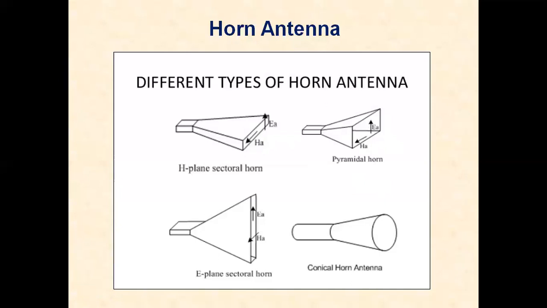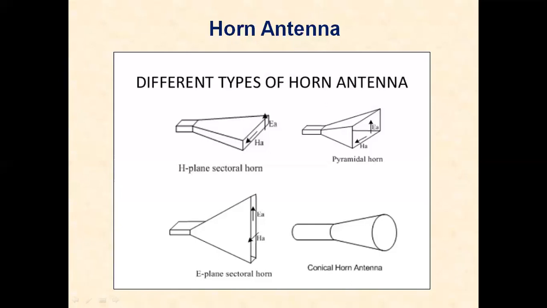The shape of the radiated field depends on the flare angle of the horn. The pyramidal horn and the conical horn give a pencil-like beam that has pronounced directivity in both vertical and horizontal planes. We have a fan-shaped beam for the sectorial horns, and we also have the biconical type of horn. Biconical means in the backward direction also there is a flaring, a biconical type of horn, beamed in vertical and horizontal directions. So we can make the horn antennas very easily.